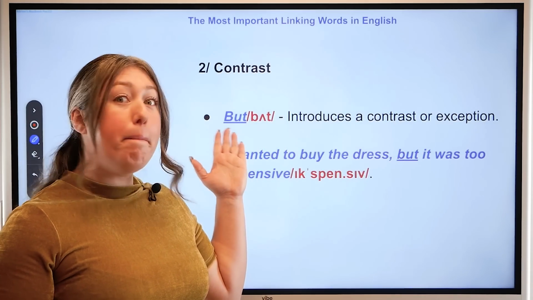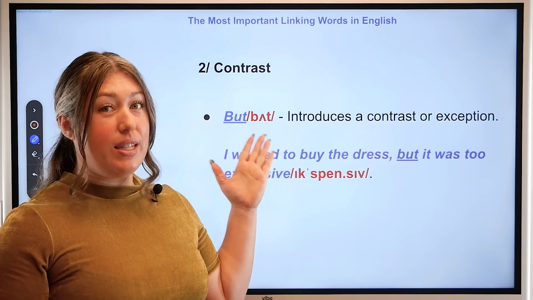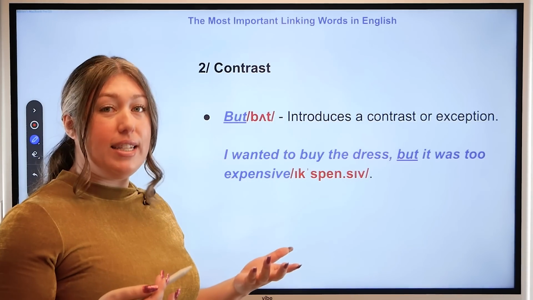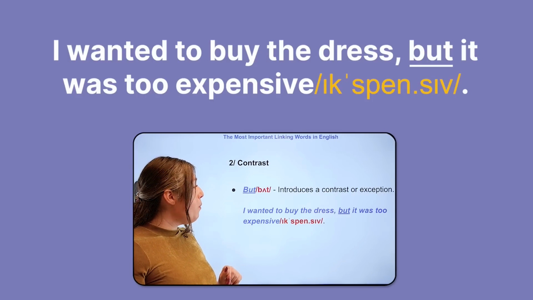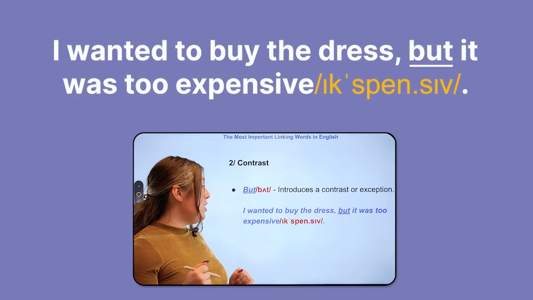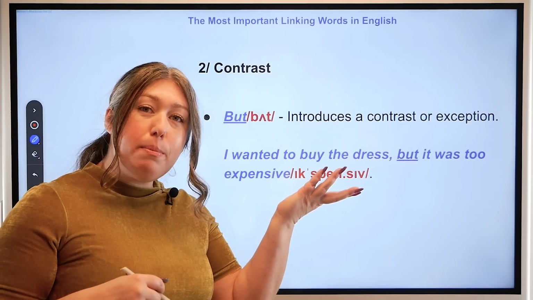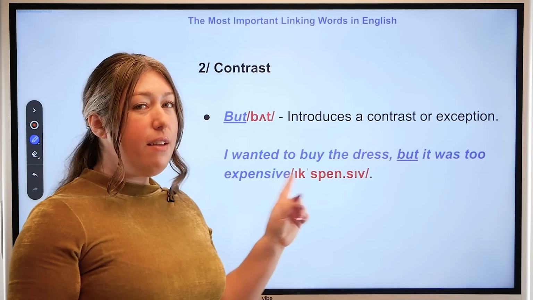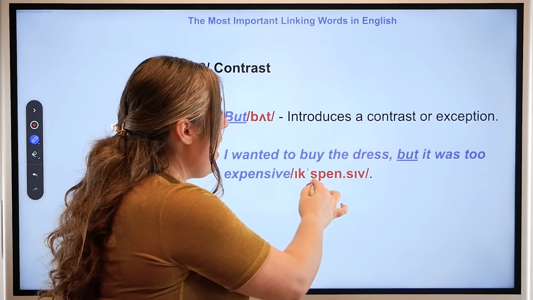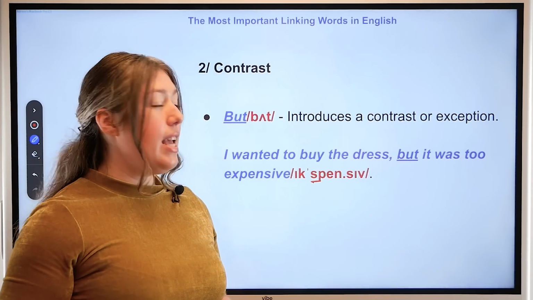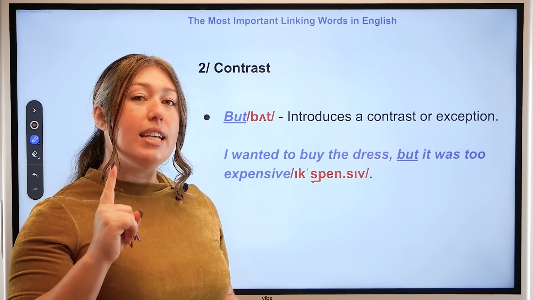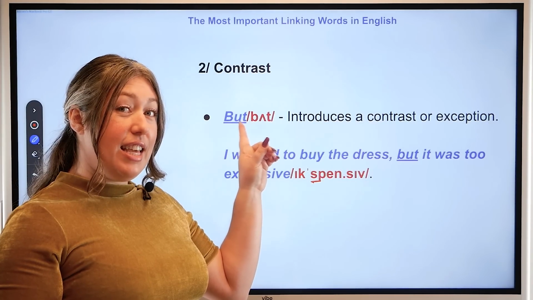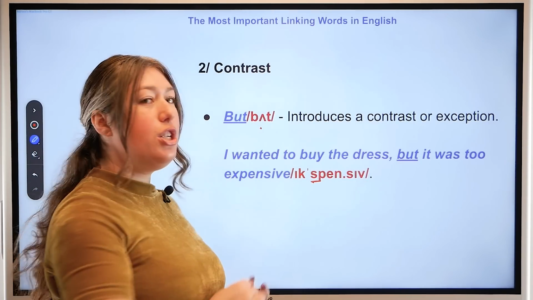For example, but. I'm sure you've heard this and used this quite often. And we use it to introduce an exception or a contrasting point. For example, I wanted to buy the dress, but it was too expensive. So we have wanting to buy the dress. In contrast, it was too expensive. And if we take a look at pronunciation, we have a stress on the second syllable. Expensive. And let's go back to the most important word on this slide, the linking word of contrast, pronunciation,